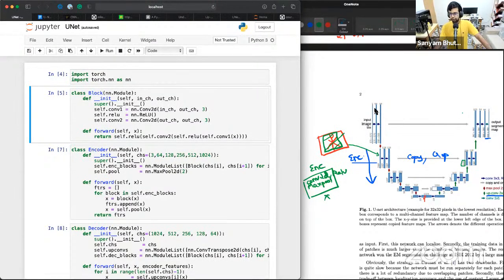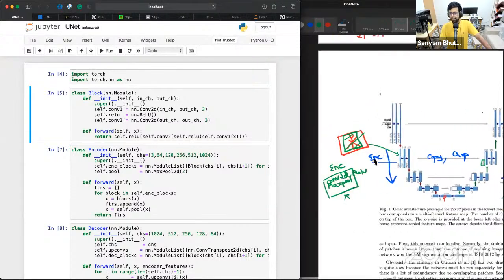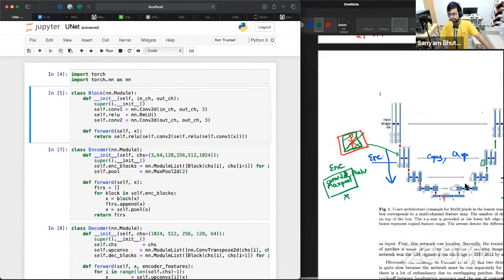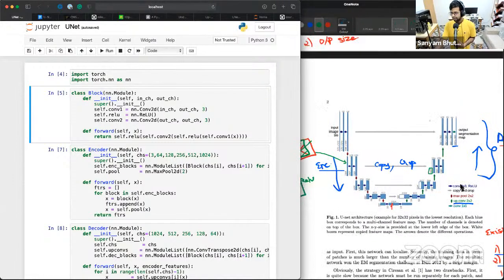So the first thing we want to do is implement a block. Now, what would the block for the encoder include? We're trying to implement the encoder first. For that, we need to implement a block of operators that get repeated every time. Remember, whenever you're working on code and want to reuse anything, it's probably a good idea to define a function. So we're going to do that. Inside of the encoder,